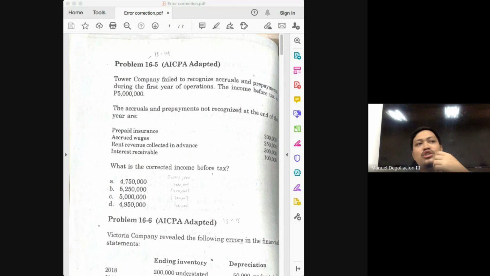So you now ask the question, if I paid in advance before, but by the end of the year, I failed to record prepaid insurance, what entry then did I prepare at the time that I made the payment? So this is the behind the scenes I'm talking about. If the problem tells you that you failed to recognize prepaid insurance, class, what does that tell you? That the entity must have made payments before. And as you should know, class, every time cash is involved, then an entry will have to be prepared. So you now ask yourself, class, at the time payment was made, what entry then was